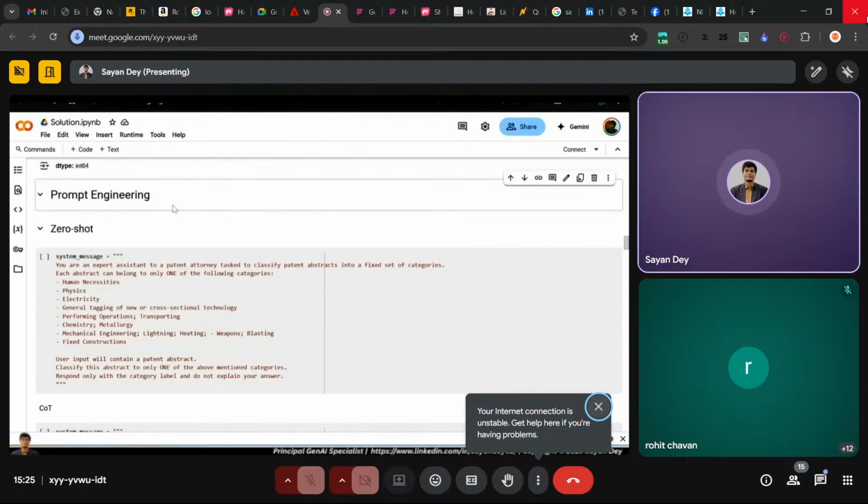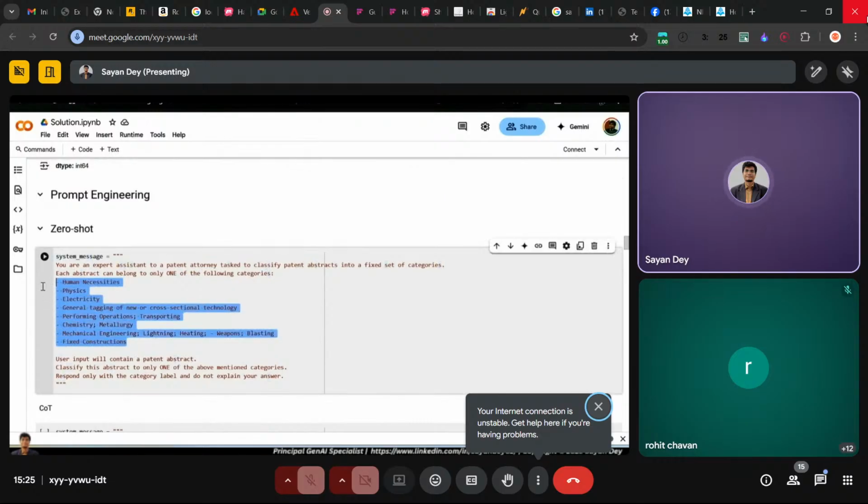So first we try out a zero-shot prompting technique. You can see this is the system message, and we are very explicitly stating the different categories that you have to group your patent abstract into. So depending on the patent text, these are the total 8 different categories. There are 8, right? 1,